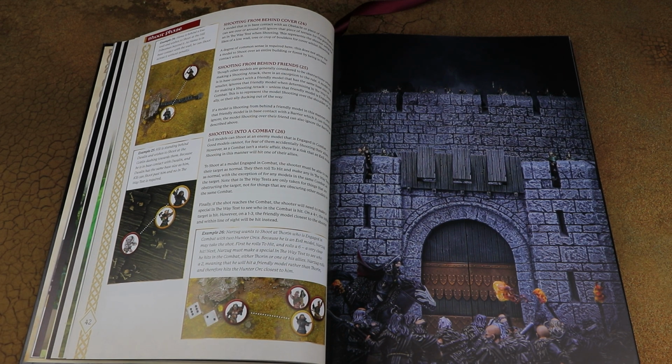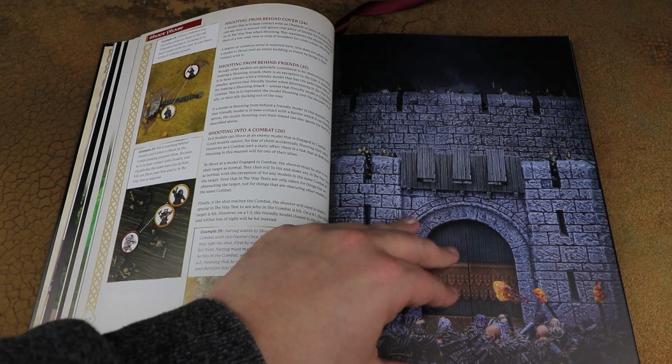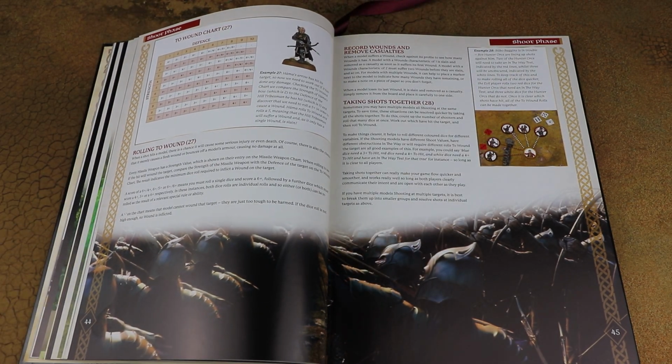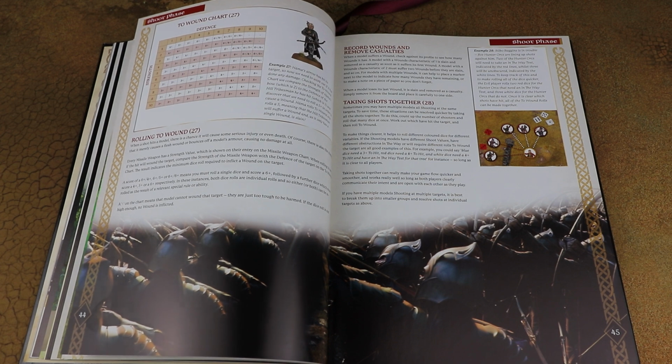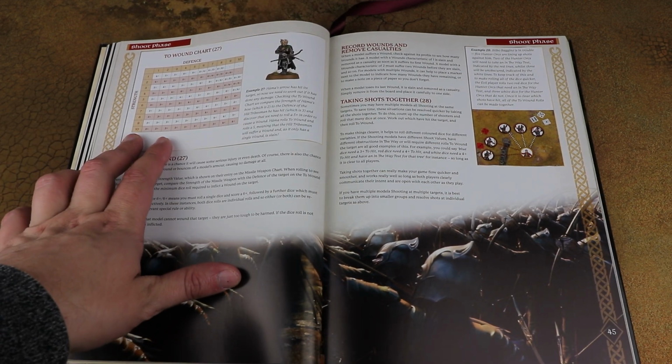That does apply to battlements and walls and stuff as well, so you can get your models in positions where the enemy is going to have to take an in the way test to see the arrow go through. And then much like strength and toughness in 40k, to actually wound someone it's based on